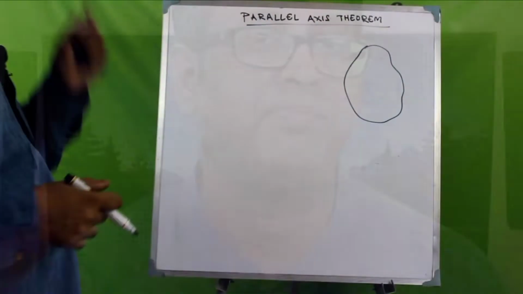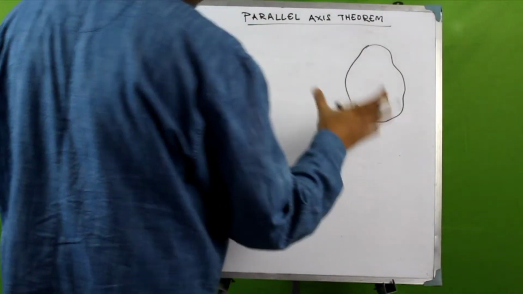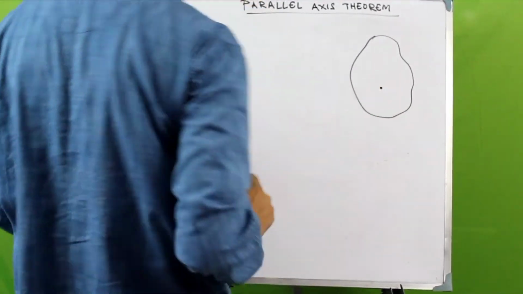So, how do we calculate the moment of inertia for a composite section, like an I section? Well, for that we would need to know the parallel axis theorem. So what is this theorem? Let us find out. Now, this is an area, an arbitrary area, and let this be the centroid of the